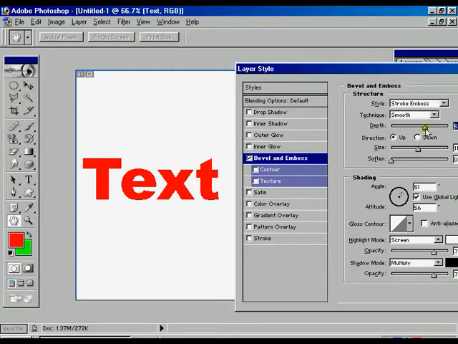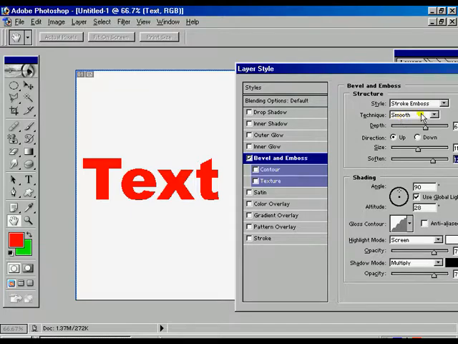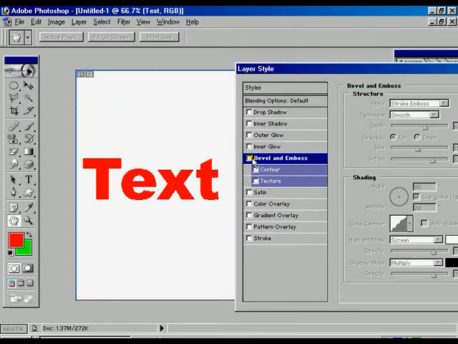We can use the down option, and we can use the soften. We can use the gloss contour, but it is not appearing that much on the screen. Now we are going to turn off that one.